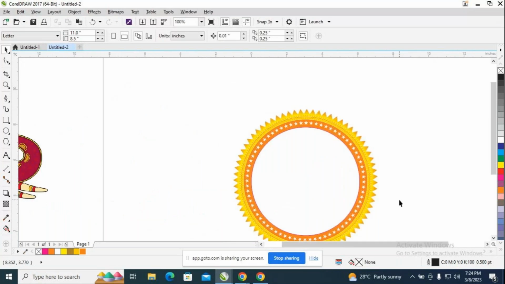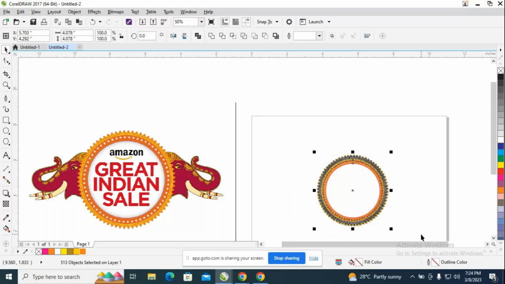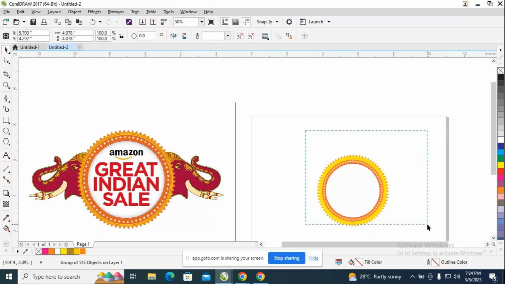So first what we need to do is group this. For grouping we should press Ctrl plus G. Select the whole object, select all the objects which you have done, press Ctrl plus G. And after that